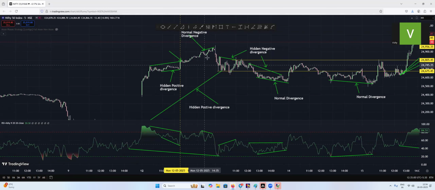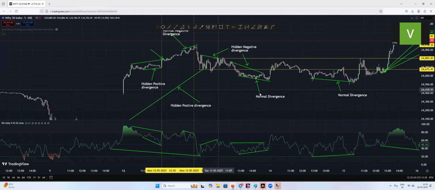Now it went up and then again it showed a normal negative divergence, right? So mark this candle. This is where you saw the normal negative divergence. But in this case, the price came down below this and the price corrected. I think it was on Tuesday. Tuesday it corrected, and at Tuesday 11 o'clock, it showed a